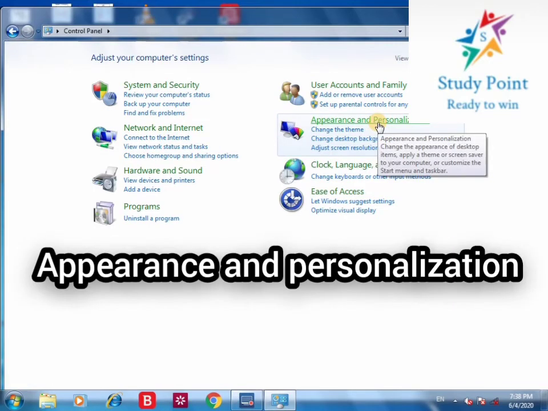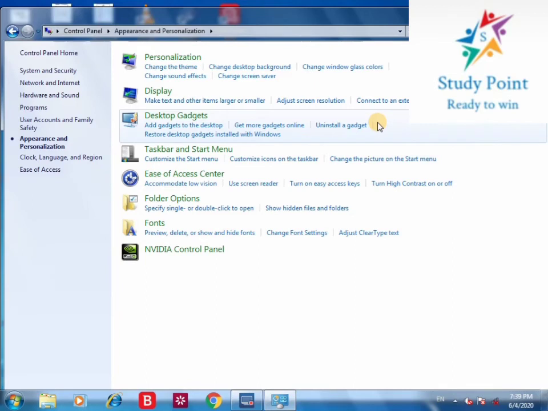Appearance and personalization. This category is the sixth one in control panel and contains all the tools that you will use to change the appearance of desktop items, apply various desktop themes and screensaver, customize the start menu or taskbar,